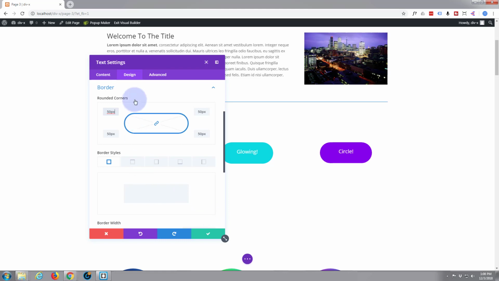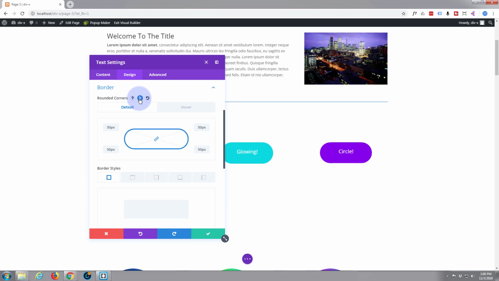Now then, see, the radius will actually let us do this thing on hover, which is kind of cool. So I'm going to hit that to get the hover state, and I'm going to change that from 50 pixels to 50%. 50%, which has made it an oval, but I want to make it